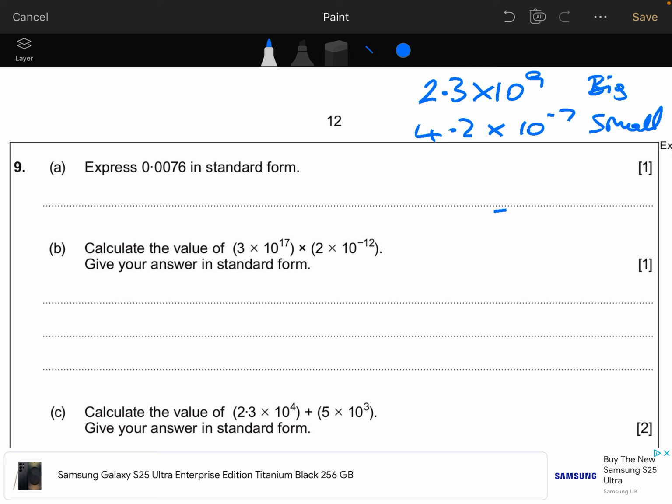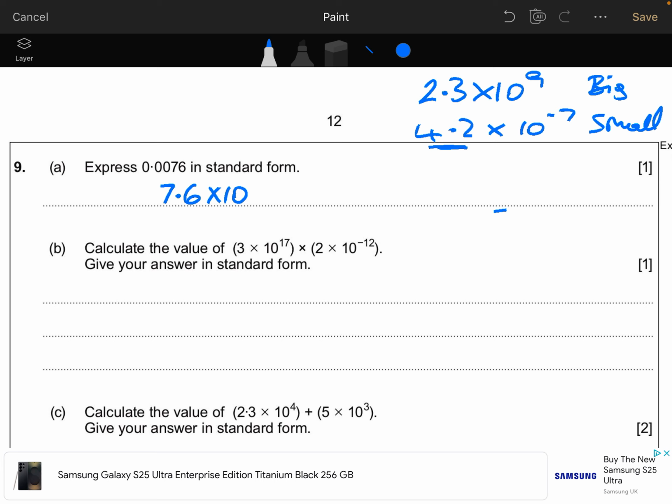Okay, so expressing 0.076 in standard form means the first number has to be a number between 1 and 10. So I'm going to take the digits that I've got there. I'm not changing the order of the digits, but I've got 7.6. If I take the 76 that's in that number, I've got 7.6 as the number using those digits between 1 and 10. Then I want times 10 to the